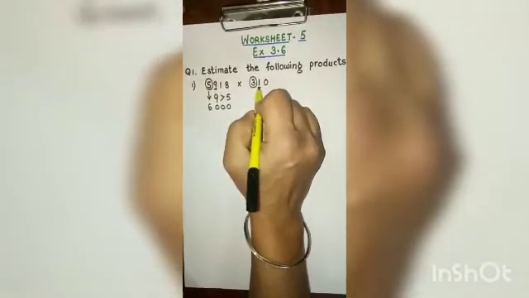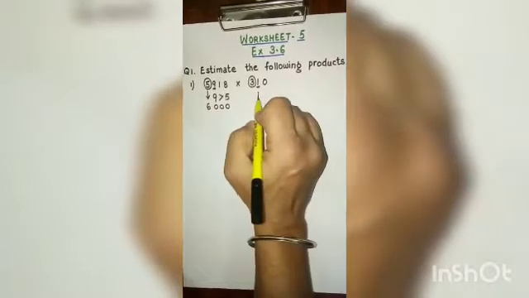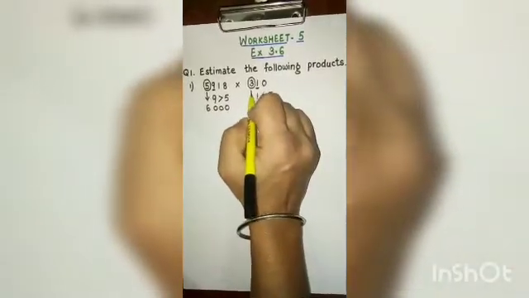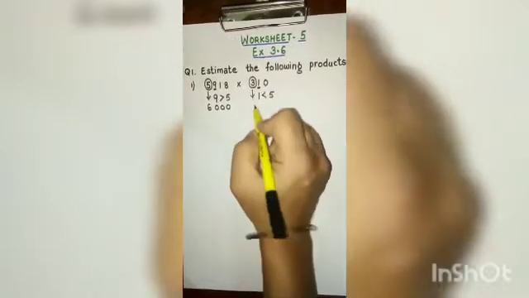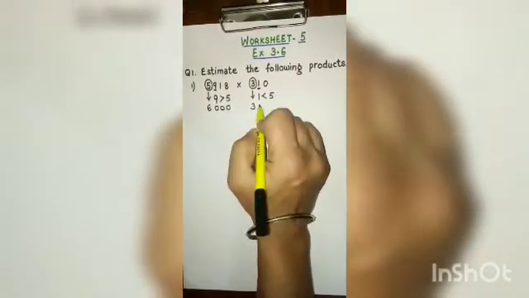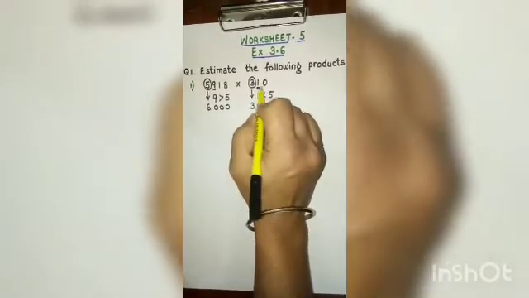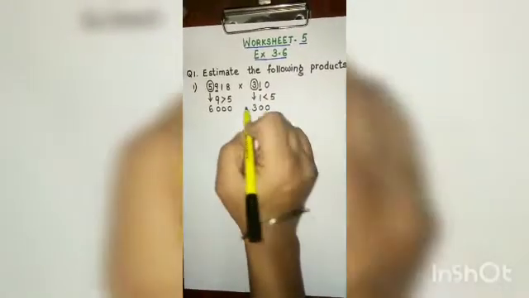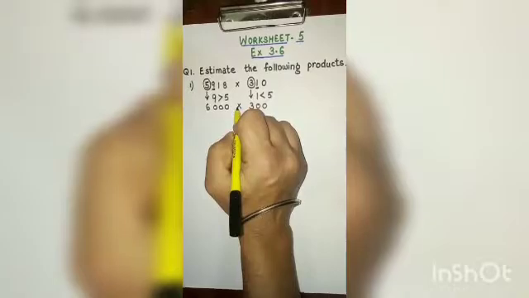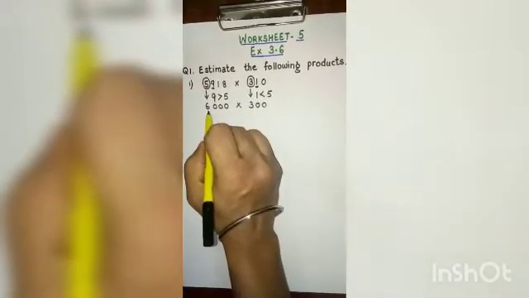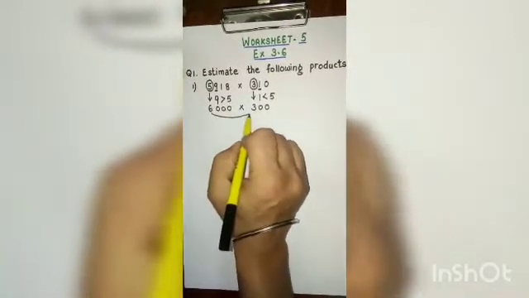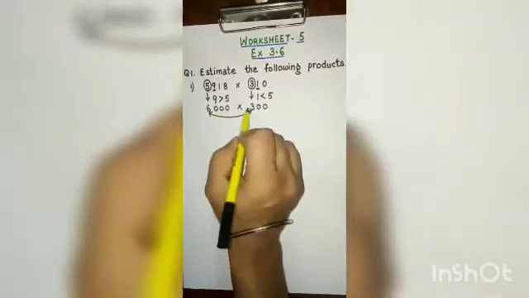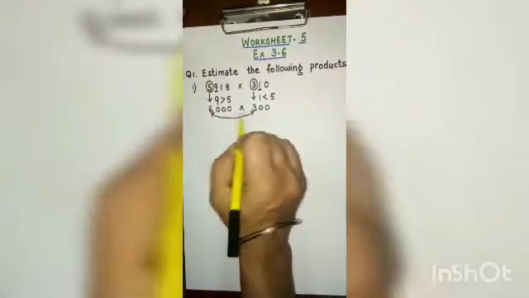Over here the first digit is 3. The next digit to it is 1, and 1 is smaller than 5. So when we do the estimation, this digit remains the same. It is 300 because there are two digits after this, so we are adding 2 zeros. Now when we are multiplying this, again there is a shortcut method. You will be multiplying only the first digits wherever you have been given numbers with zeros.